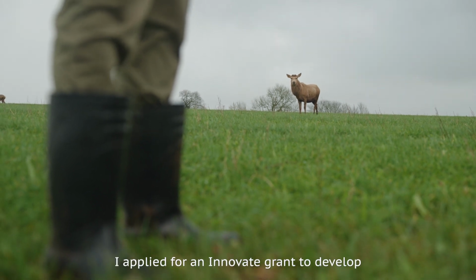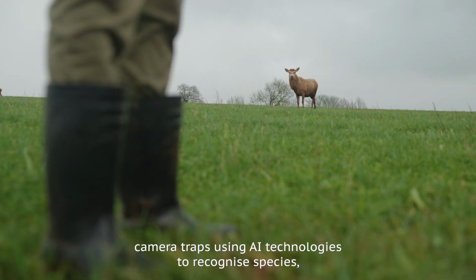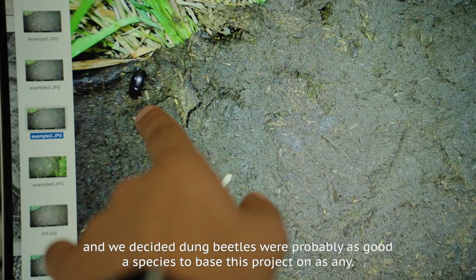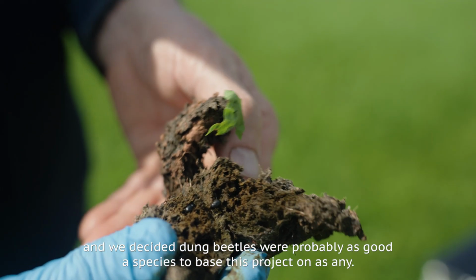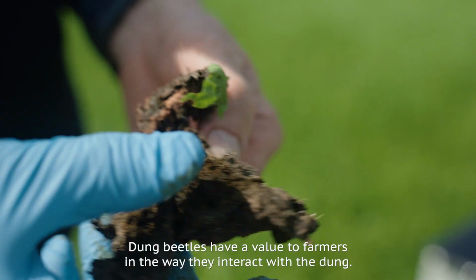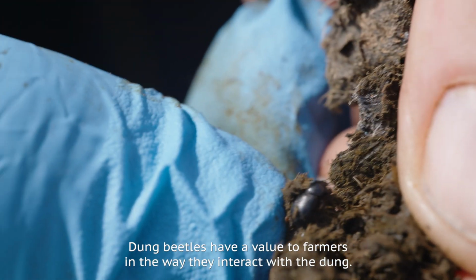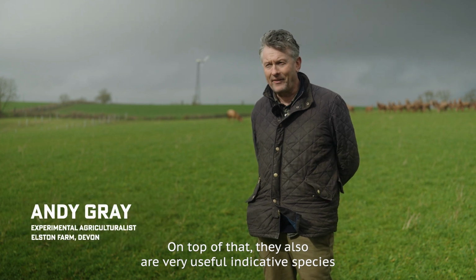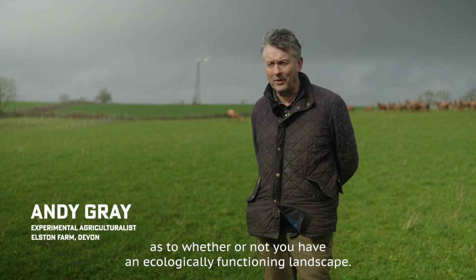I applied for an Innovate grant to develop camera traps using AI technologies to recognise species, and we decided dung beetles were probably as good a species to base this project on as any. Dung beetles have a value to farmers in the way they interact with the dung. On top of that, they also are a very useful indicative species as to whether or not you have an